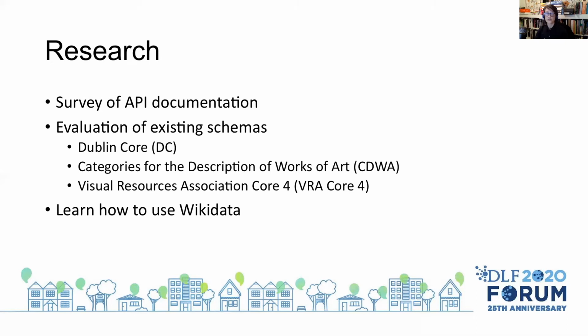They wanted to be able to specify the role, extent, and importance of each creator. I'll talk about this in more detail a little bit later. Because of these requirements and the image-centric nature of the site, I next looked at the Getty's categories for the description of works of art, or CDWA, and the Visual Resources Association's VRA Core 4. Both allowed for the nuances the Curationist team were looking for. VRA Core had the added advantage of specific sub-elements that facilitated multilingual entries and tracking of sources. We'll also discuss this in more detail in a minute.